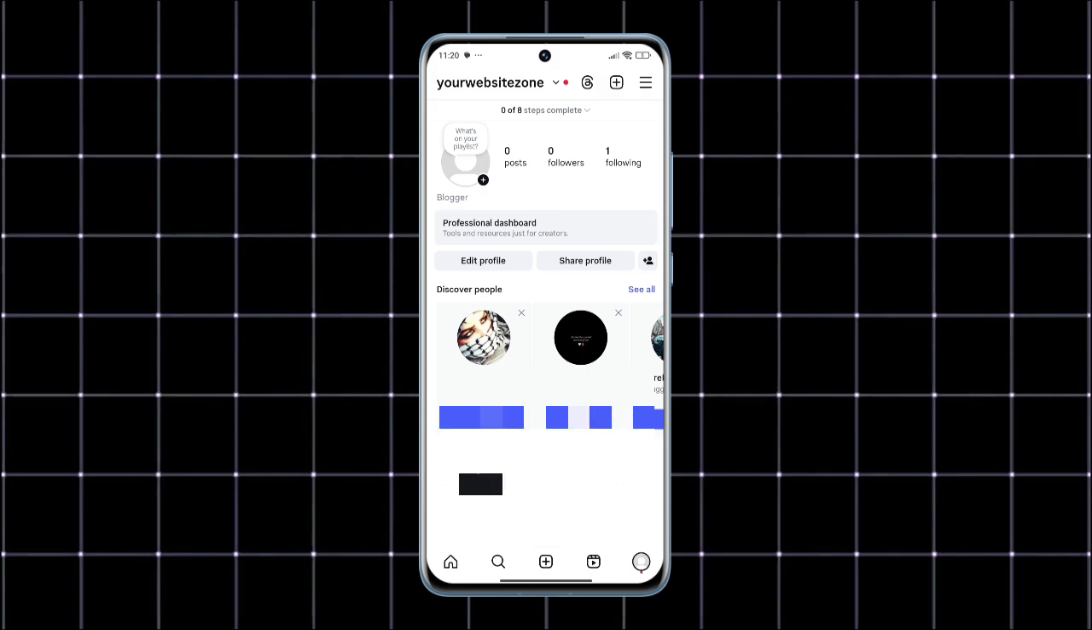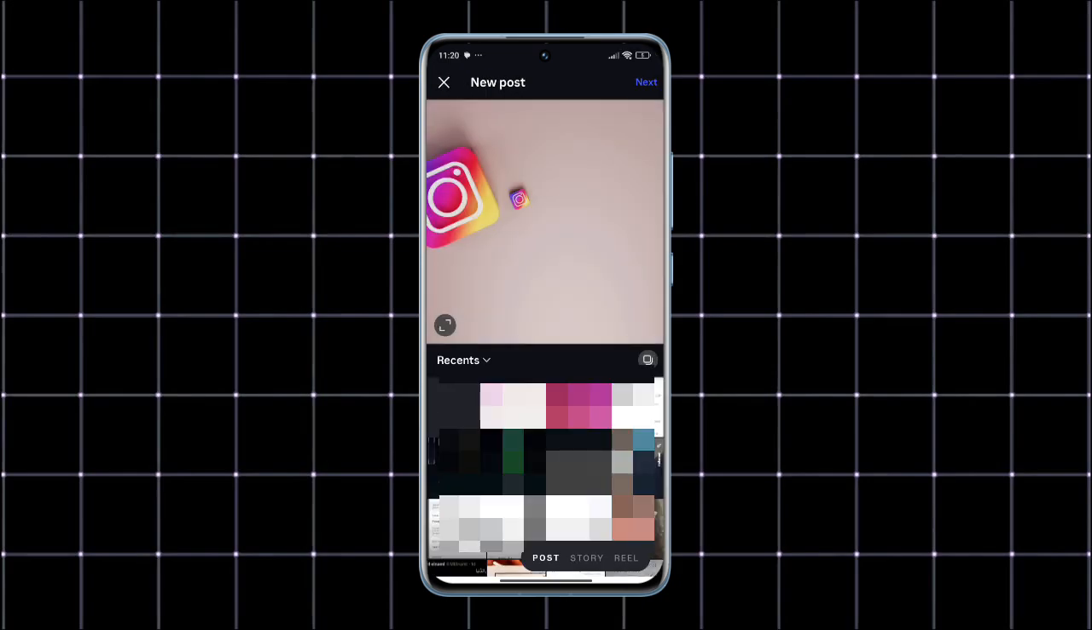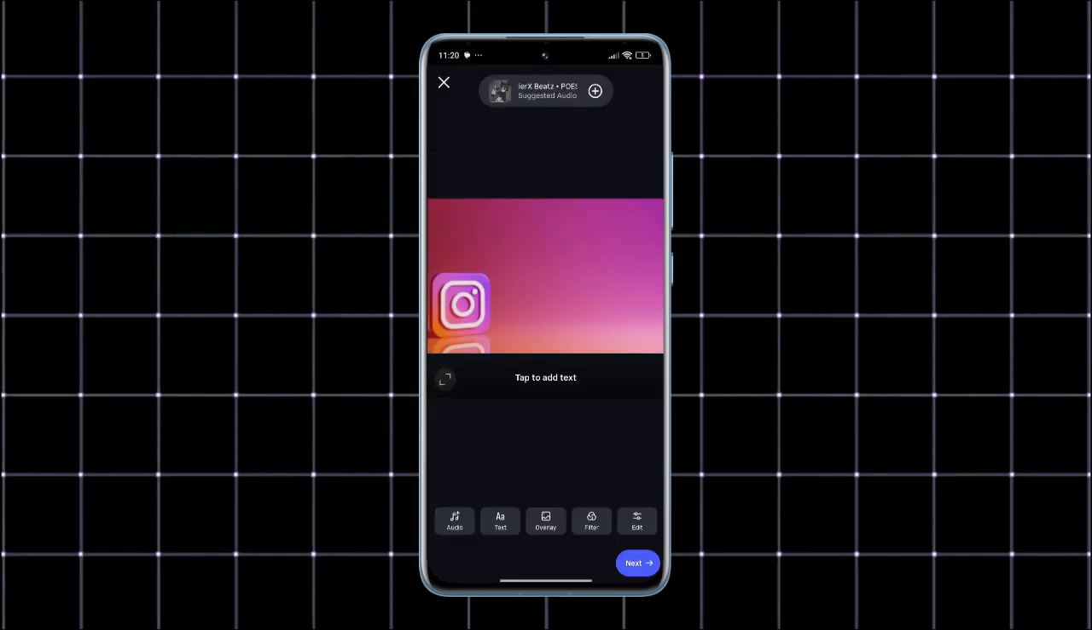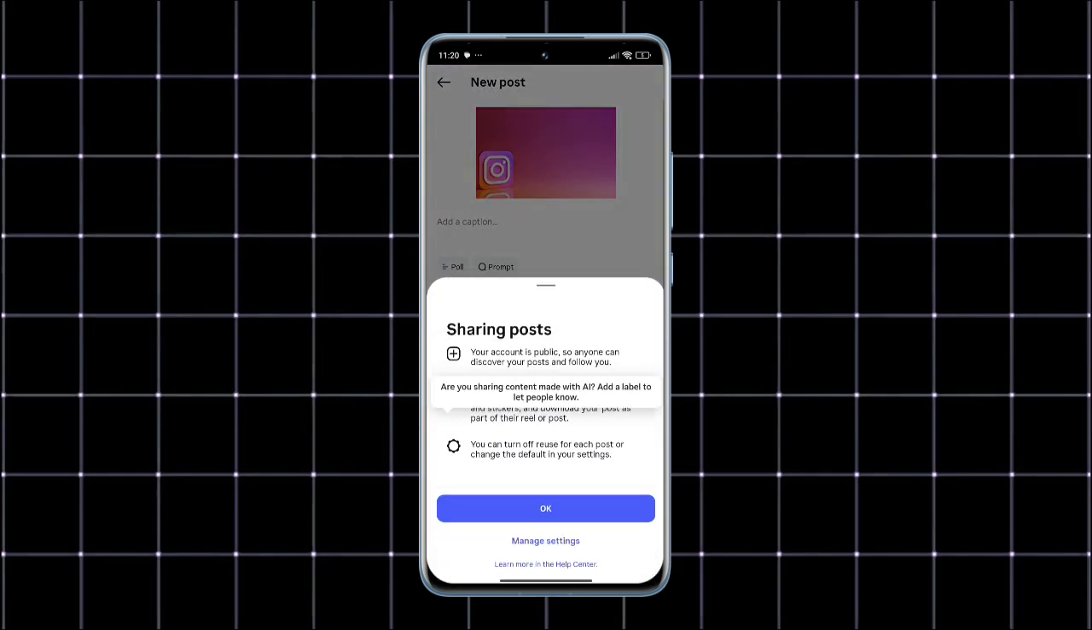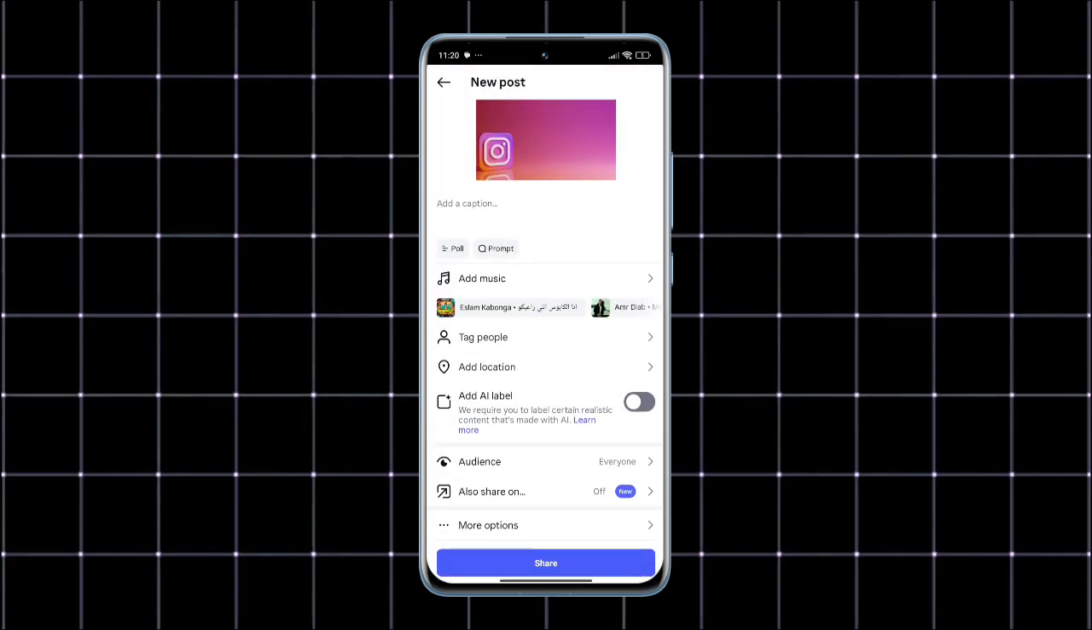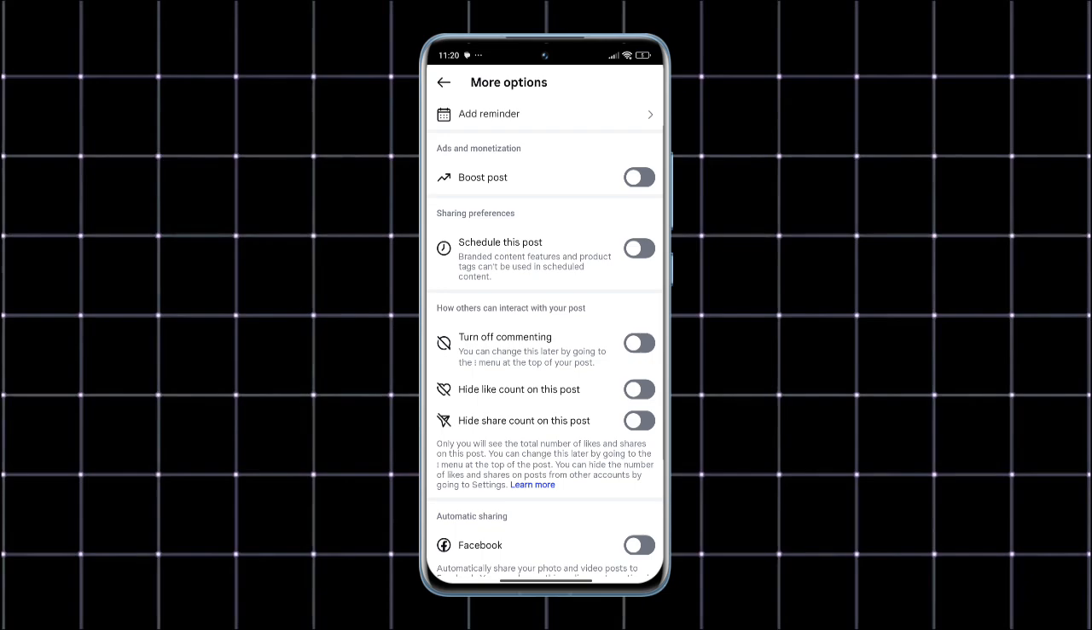Next step you need to do is go into add a new post and then click on the post or the image that you need to schedule, and then next. And then here you're gonna click again on next and then scroll down until you see more options. You're gonna click on more options and then you're gonna click on